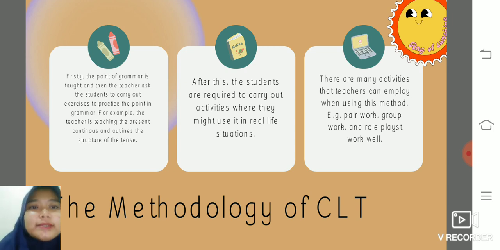And next, the methodology of CLT. Firstly, the point of grammar is taught, and then the teacher asks the students to carry out exercises to practice the point in grammar. For example, the teacher is teaching the present continuous and outlines the structure of the tense. After this, the students are required to carry out activities where they might use it in real-life situations. There are many activities that teachers can employ when using this method, e.g., pair work, group work, and role plays